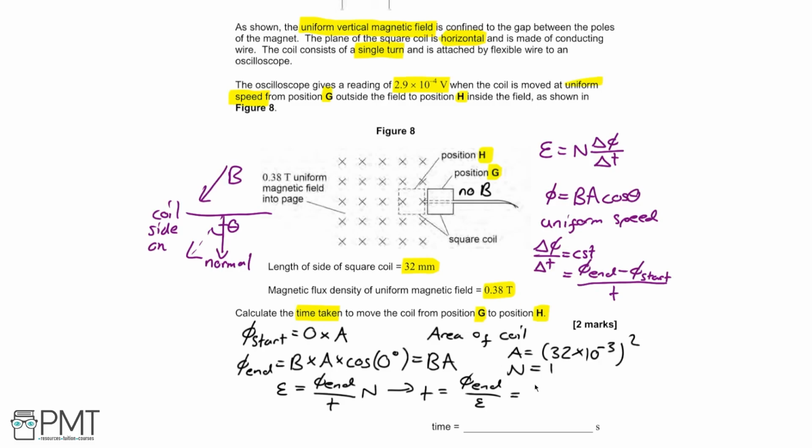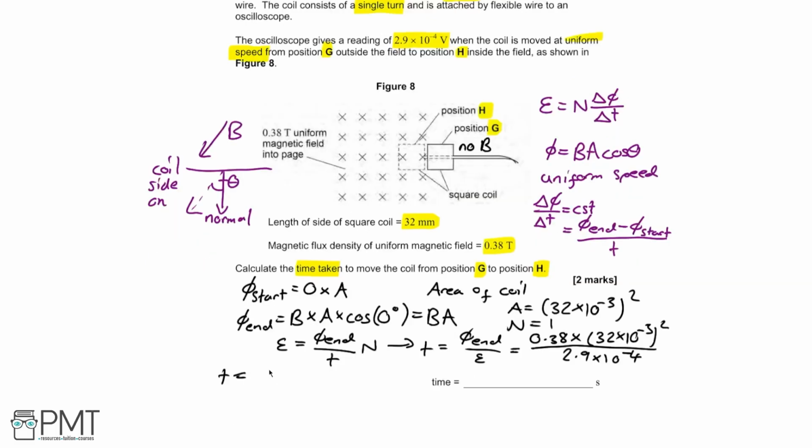So this is 0.38 multiplied by the area, which is 32 times 10 to the minus 3. Remember, this 10 to the minus 3 comes from the fact that we've got millimeters here. So what that means is, because milli corresponds to a power of 10 to the minus 3, we need to include that. And then we divide by the size of the EMF, which is 2.9 times 10 to the minus 4. Therefore, we're left with a time of